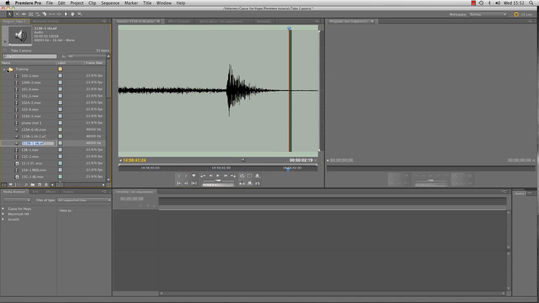Okay, so we didn't create a sequence. I said there was an easier way, and this is how you do it. You click on any one of the video files, and it will tell you we're working at 1920 by 1080 resolution. Click and drag that file down onto the new sequence button here,